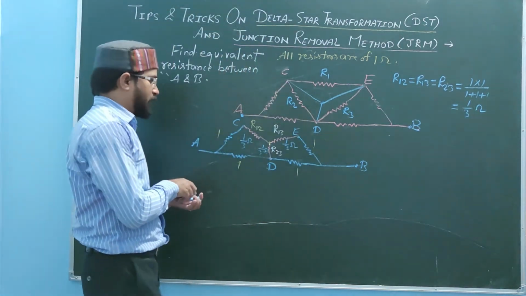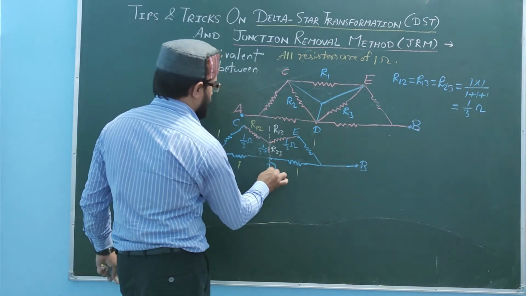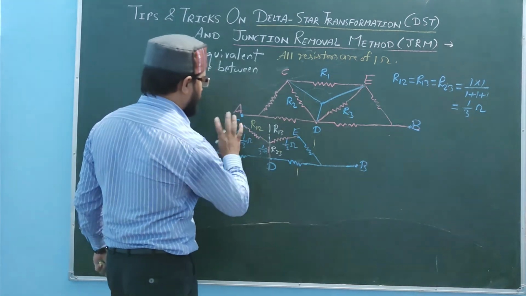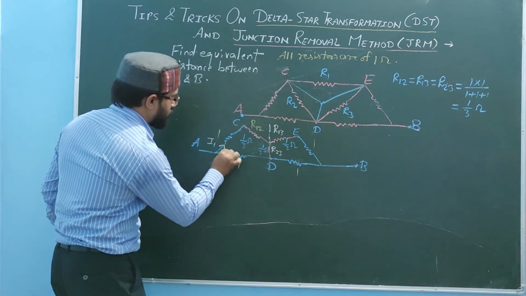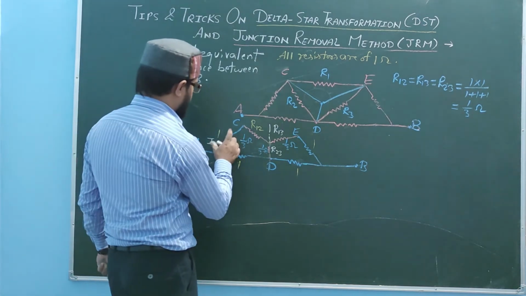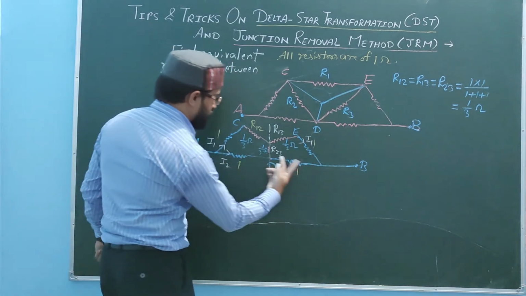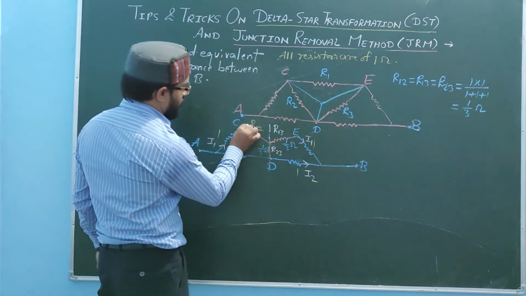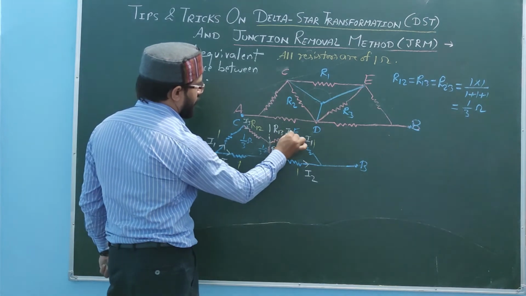Now again we are going to use symmetry, but we are not going to remove the junction over here. So it would be like this. This is the imaginary line. You can see here mirror image. So current in similar branches. This is I1 current, this is I2 current. We are sending, this is point A. So I1, this is a similar branch of this, is also I1. I2, this is a similar branch of this, also will receive I2, and this is one branch, it will receive I3, so it will also receive I3.